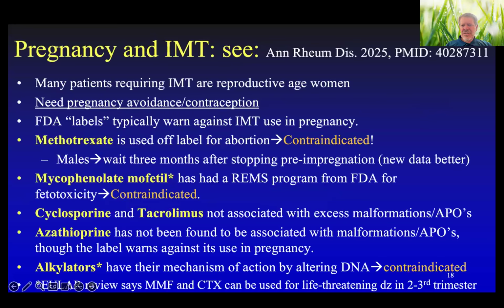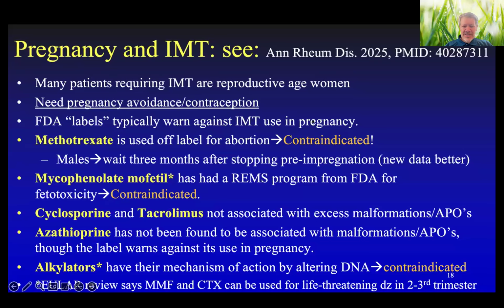So regarding pregnancy, there's a review just published, I think published before print, so you might want to take down the PubMed ID number. It's a very nice review by the European League Against Rheumatism, who have a new name now, about pregnancy and reproduction and immunosuppressive therapy, because many of our patients are reproductive age women, especially if we're looking at intermediate, posterior, and panuveitis. It seems like about 60 to 65% will be women. And so if we're going to go on immunosuppressive therapy, we need to encourage avoidance of pregnancy, such as through contraception or complete abstinence. And this is because the FDA and probably the European labels also warn against using immunosuppressive